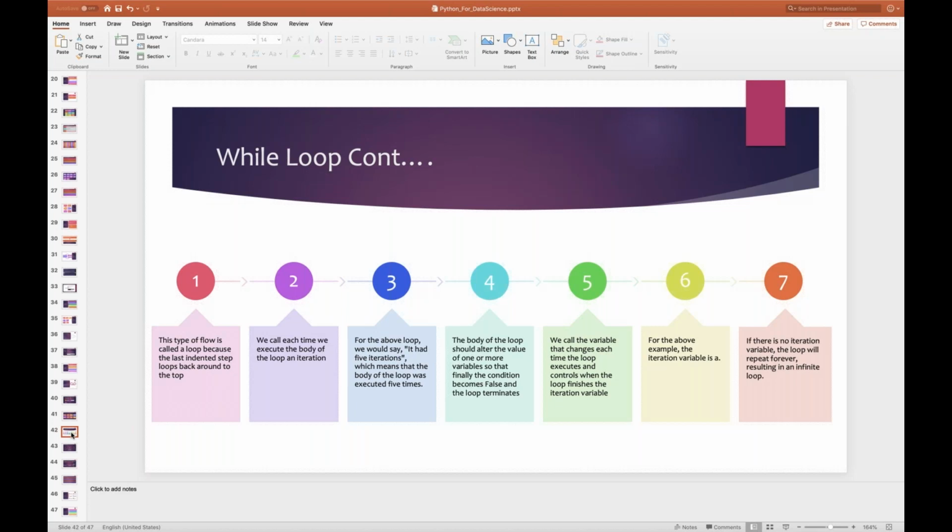If I say a less than or equal to 10, it takes all the 10 numbers starting from 1, 2, 3, 4, 5, 6, 7, 8, 9, 10. Which means the body of the loop was executed 5 times in our case. The body of the loop should alter the value of one or more variables so that finally the condition becomes